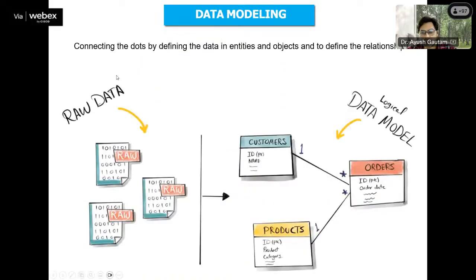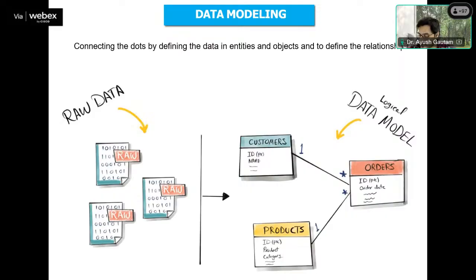Then comes data modeling. कोई बता सकता है मुझे what is data modeling? I'm expecting that at least you will tell me. Data modeling is not a heavily computer science engineering related field, but it is a general concept. Anyone can do data modeling. Representation of data. Okay, presentation of data.